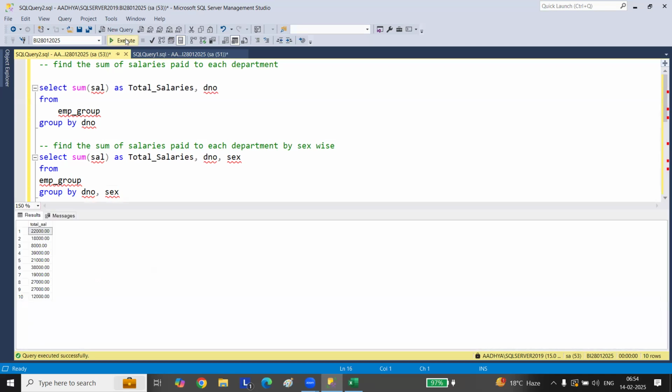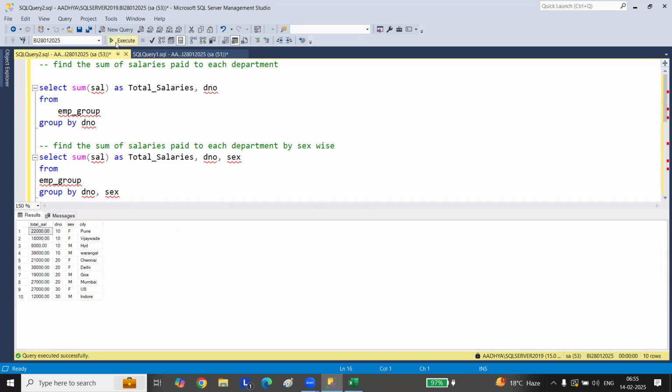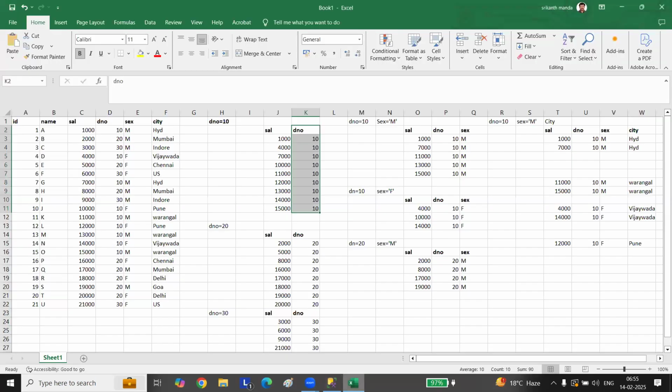But to know whether this data, 22,000 or 18,000 or 8,000, belongs to which department, which city and sex, you need to mention those column names here. Take these column names. So this came from this particular department number only. Because this department number is 10, can I have some min, max, all from this particular department